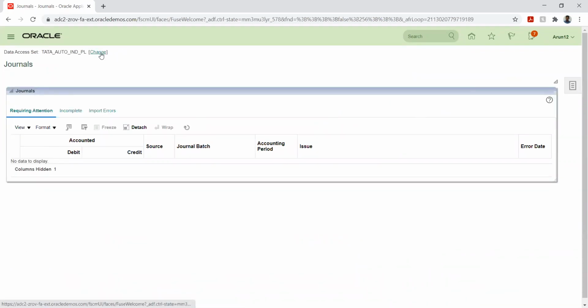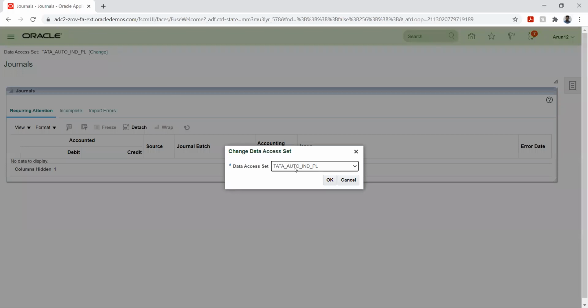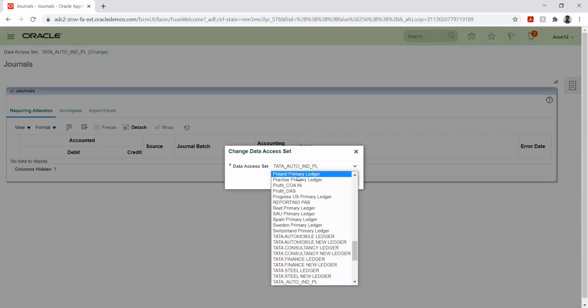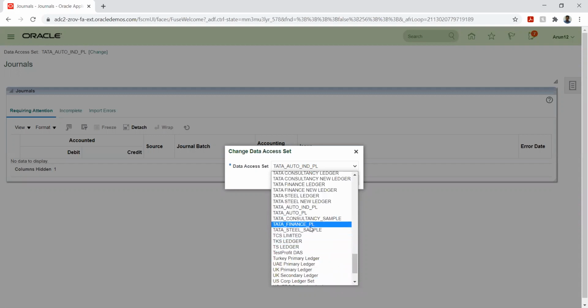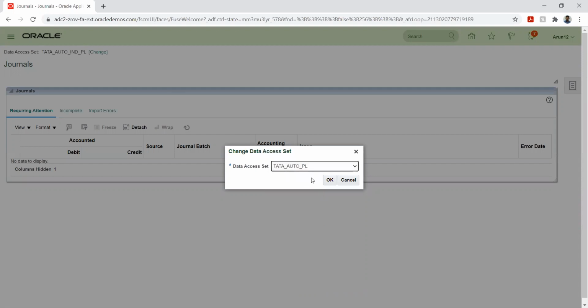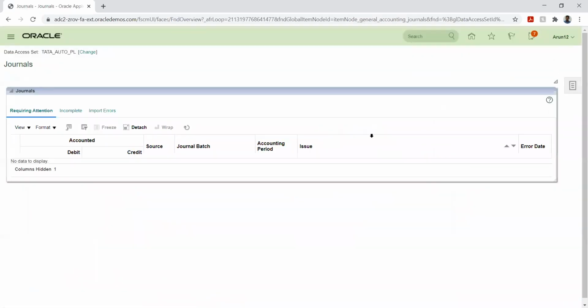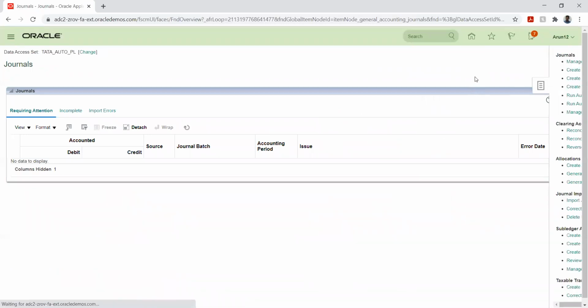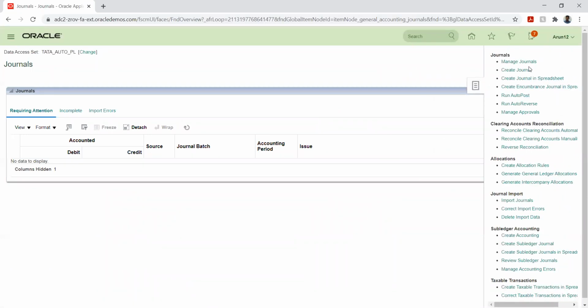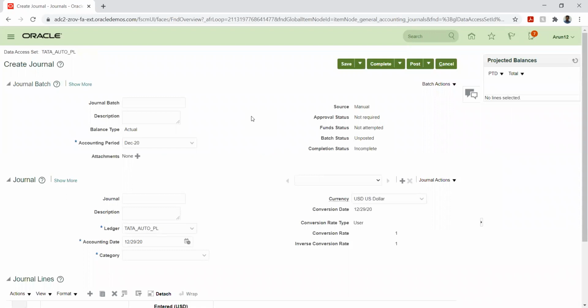So this is the second function, and the third function will be posting it, I mean creating a JV in our primary ledger. I thought you created the journal now, right? Yeah, that is for the secondary ledger.